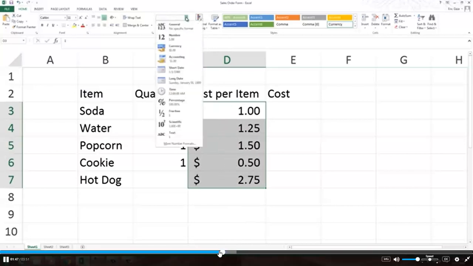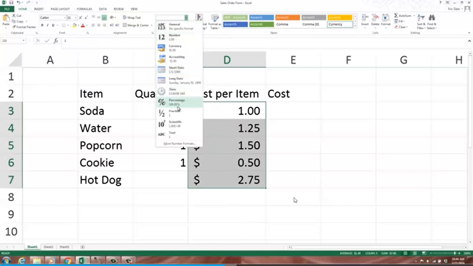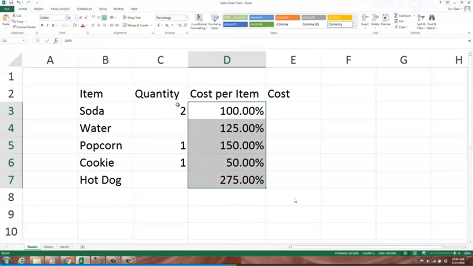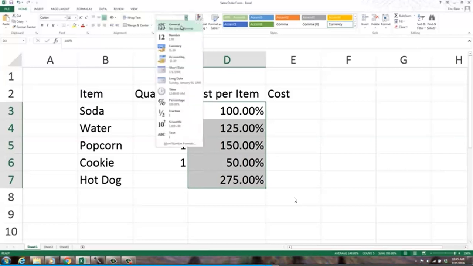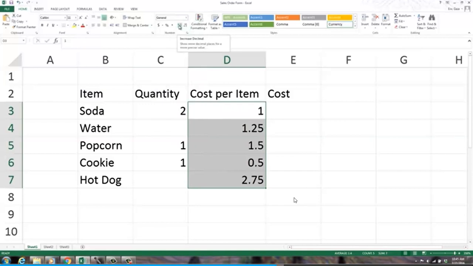If these contain a built-in or preset format, say as a percentage, then instead of seeing the number 1, they see the number 100%, which obviously causes them a lot of confusion. Often they think they did something wrong. And so again, it's incredibly important that they realize that all that has happened here is a different formatting choice has been selected. We can go back to General, which has no specific format, and then we can use these